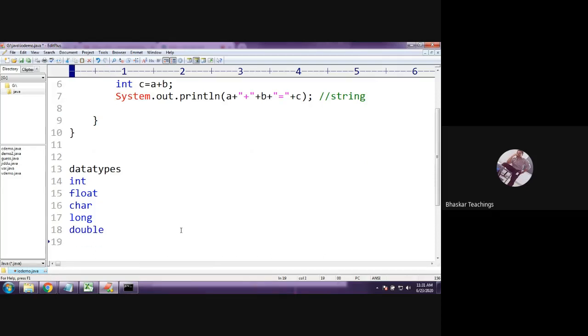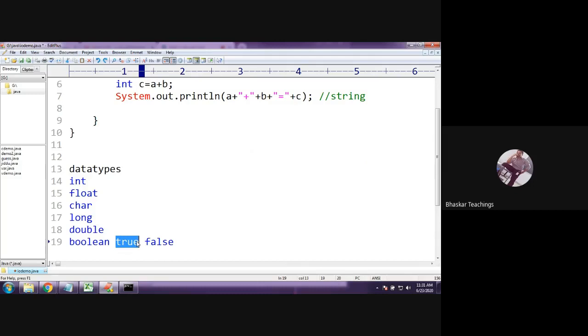Other than that, we have Boolean type also. Boolean means true or false. You didn't find Boolean type in C language, but here we have Boolean. It would take two values, true and false. In C, we use 1 and 0. But here in Java, you need to give true and false only.